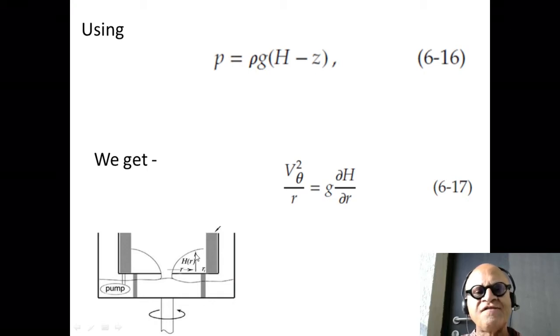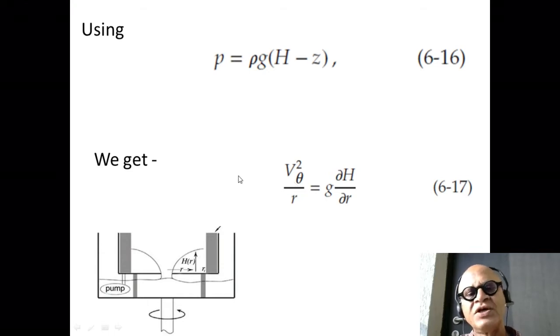water column above, so it's going to be rho g times h minus z, right? Z is from the bottom of the tank to that level, and h minus z is the water column above. Okay, the vertical velocities are relatively small compared to the inward flow, the rotational azimuthal angle flow. So that's our justification for using this relation. Obviously flow is going down and into the tank, so it's not strictly valid, but we are at slow enough